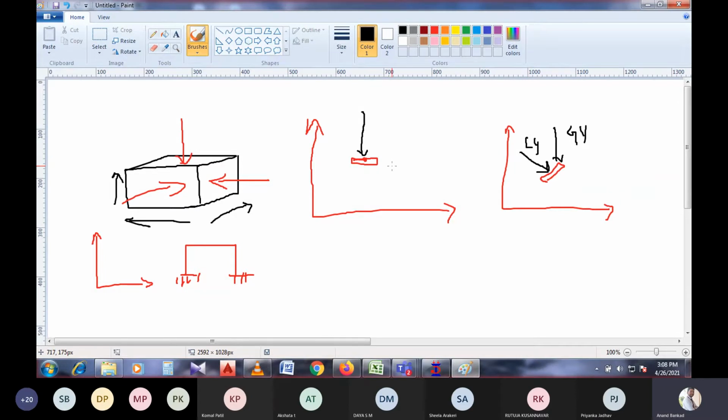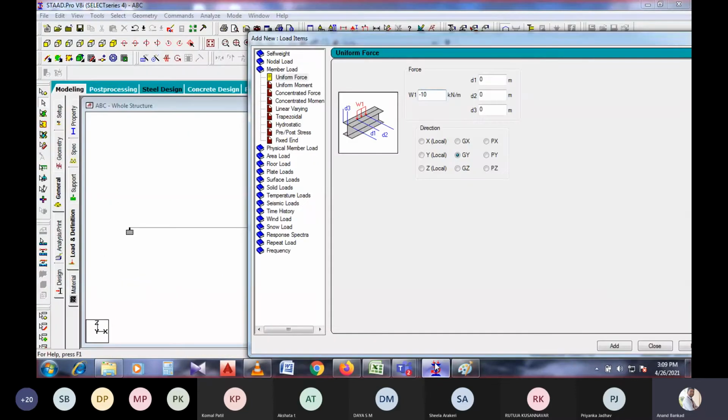But the global direction does not look at the body; it just acts vertically downward, whether the body is in this manner or any of these manners. The local direction load acts towards the body. So this is how local and global directions differ.